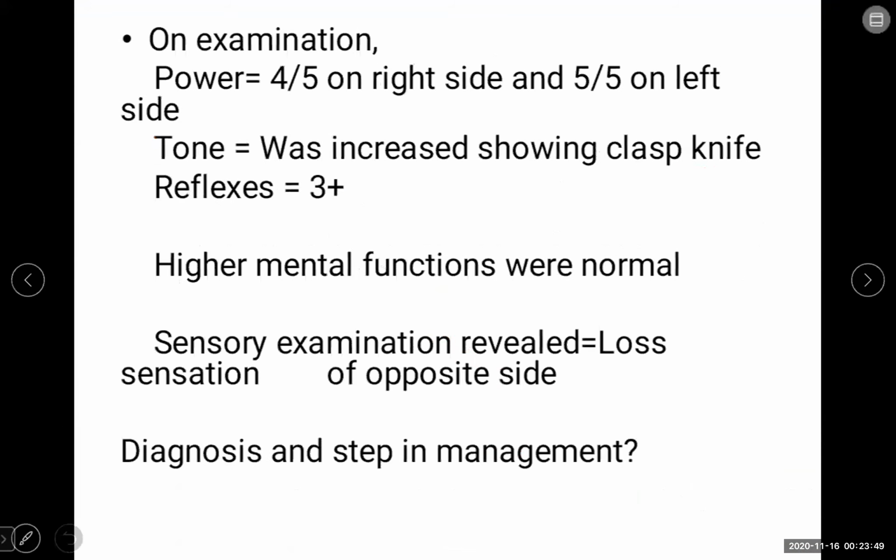So now we move on to examination. On examination, you find that the power is 4 by 5 on the right side and 5 by 5 on the left side. So it's slightly reduced on the right side. And tone is showing a clasp knife nature with increased reflexes. So when we're seeing this, it's obvious that we're looking at UMN features. So now we have three components to our diagnosis. We have